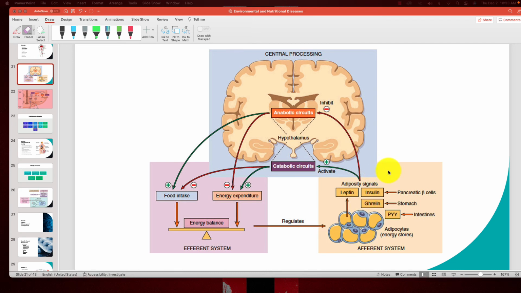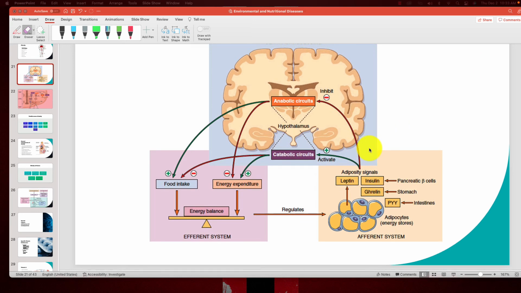We have things called leptin. I'm not sure if you guys are aware of what leptin is, but leptin is released from adipose tissue, and this is a hormone that communicates with the brain to tell the brain that the body is satiated, that we have enough food. So when we are normal, healthy individuals, we have a certain amount of leptin that is secreted that tells the brain, I am full, I no longer need to eat, and I am going to stop eating now. So you get this feeling of satiety, and then the hypothalamus says, okay, I got it.